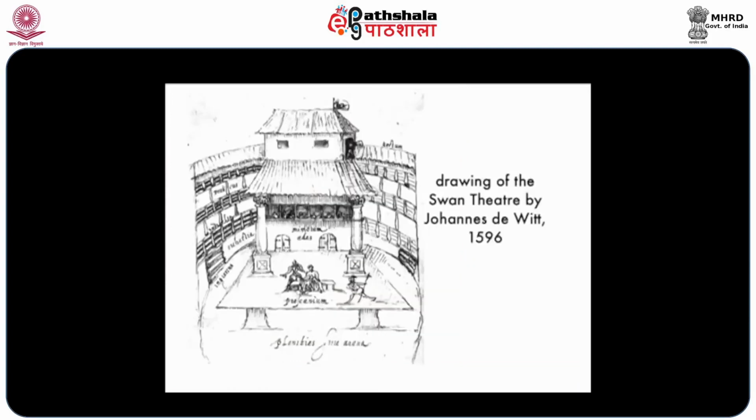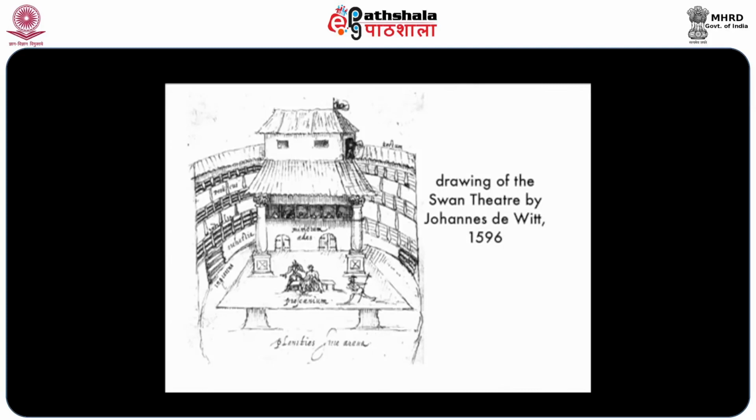The inside of the theater probably looks similar to this 1596 drawing of the Swan Theater, which was another theater in Southwark. Inside, there was an elevated stage, a balcony above. It was really the gallery over the back of the stage where audience members could be seated, or musicians. It had a cannon that could be fired for battle scenes. No cannonball, obviously, just the gunpowder.